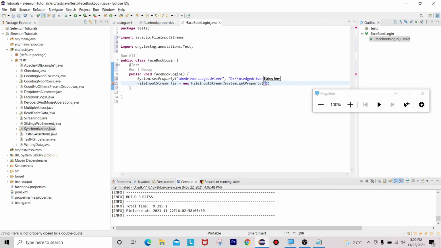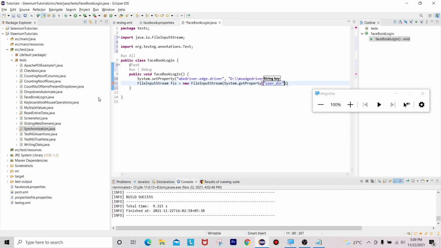It is located in my user directory, that is user.dir. Or else you can put one dot also, it will represent your current project directory only. Instead of representing a dot, I am mentioning the user.dir directory folder here.